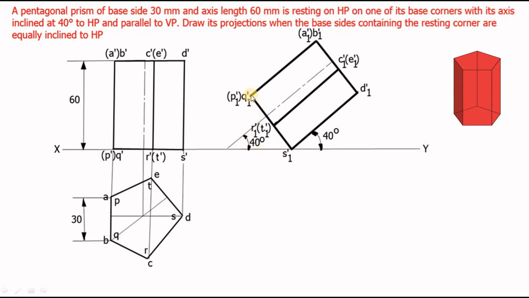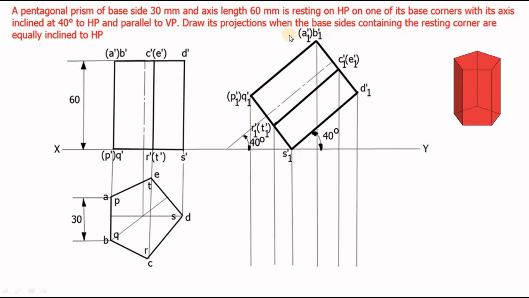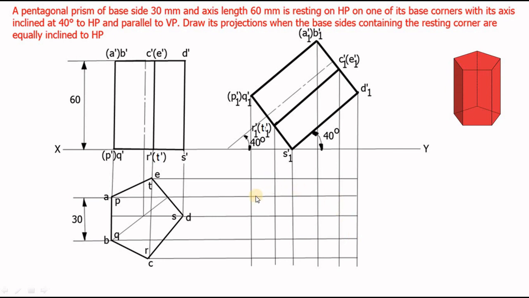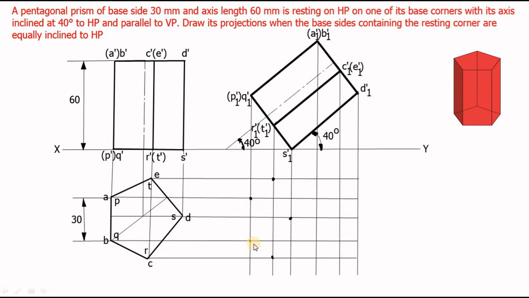So now draw a projection line from all the corners of this particular front view towards downward. Okay, similarly, project all the corners from this top view towards the right side up to this line. Okay, so we will have a lot of meeting points. Okay, so as we did in the earlier problem, P1 dash and P will meet at P1. Clear? So similarly, R1 dash and R will meet at R1. So like that you can mark all the points. Okay, these are all the meeting points.